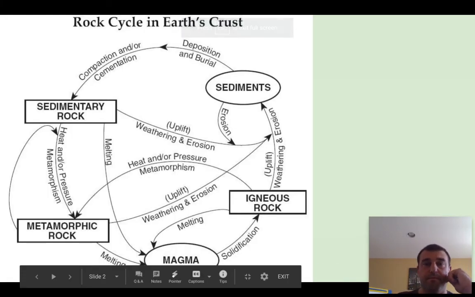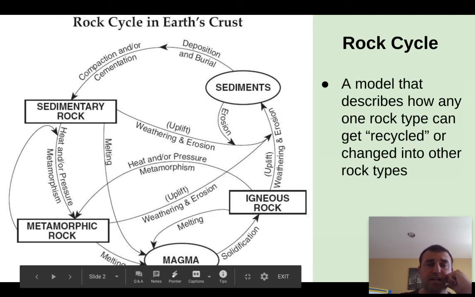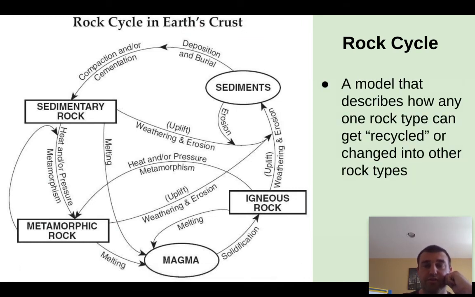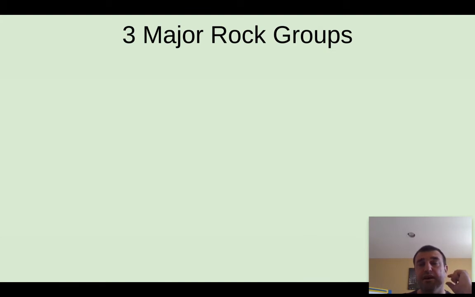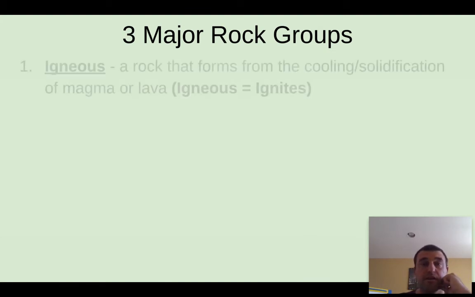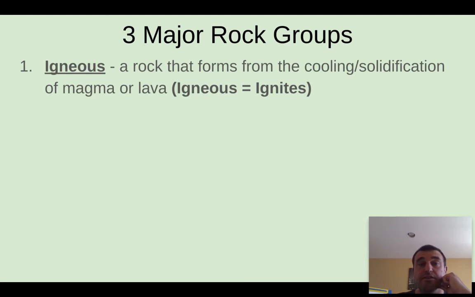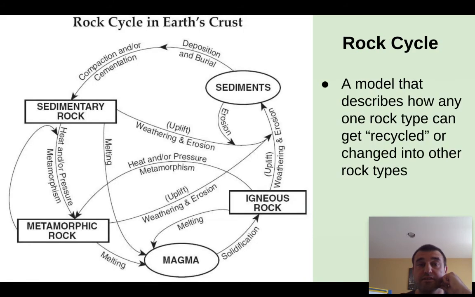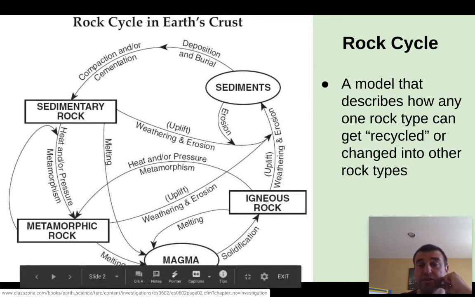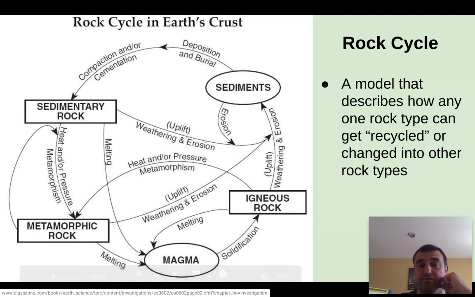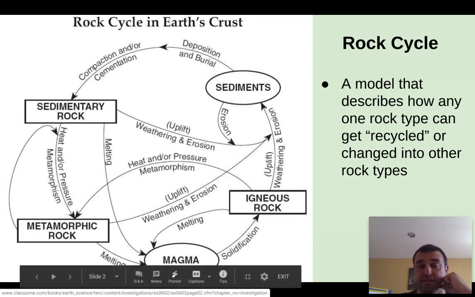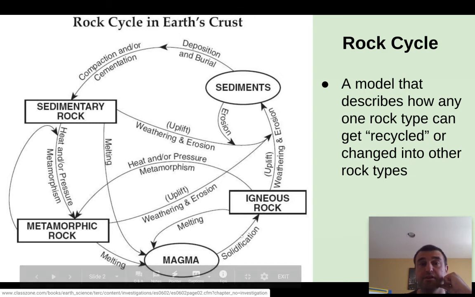All right. So we defined rock cycle. So it's a kind of a way to recycle the rocks, change one rock into another. And now we're just going to define the major groups. So igneous is a rock that forms from cooling or solidification of magma. Now you don't have to memorize that, okay, because you're going to have this chart to use anytime you like. So you just look at the arrows and follow them. So if I asked you, you can get the definition right from this chart. Igneous rock forms from magma that solidifies, solidification of magma, okay?